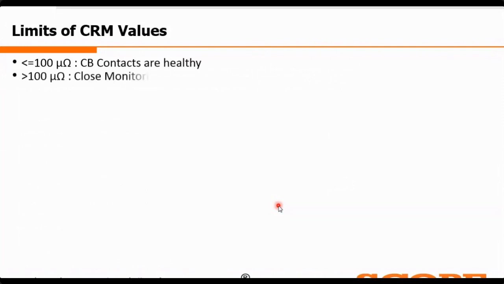Now there are some limits of the CRM values, which is a very important thing you need to understand. We follow several guidelines, and those IEC or IEEE guidelines say that if you are getting a CRM value less than or equal to 100 microohm, then your circuit breaker contacts are healthy. But if you are getting greater than 100 microohm, then you need to do close monitoring. Now